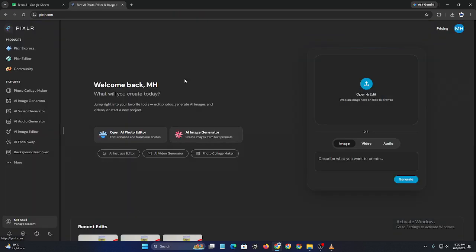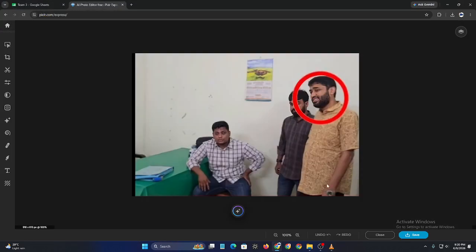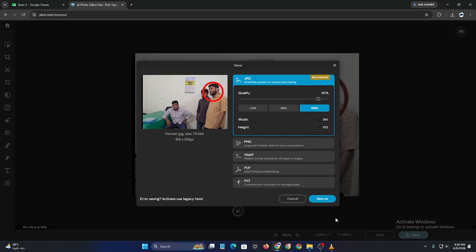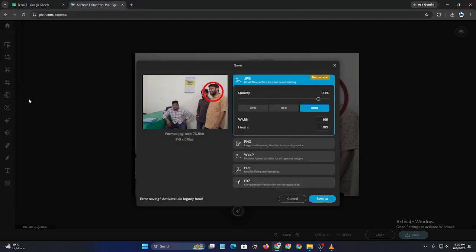First, visit the Pixlr website and sign in to your account. Once you're logged in, open the Pixlr editor and upload the image you want to modify. After the image loads, select the area you want the AI to edit. You can use a selection tool, brush tool, or any available masking option to highlight the part of the image